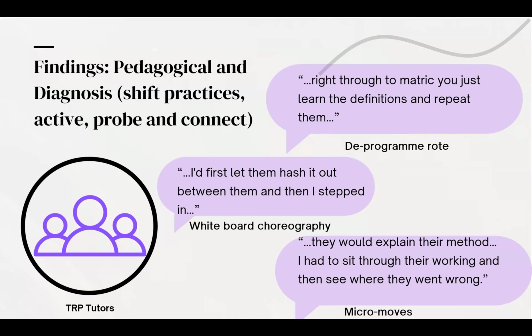What happens in the whiteboard choreography, I think I missed that when I should have said it earlier, is that the TRPs take the form of mostly group work on whiteboards and small group discussions. So this whiteboard choreography is where tutors stand back, watch what students do, and probe them so that the unpacking of the misconception comes through from them. They then have an awareness of where they're going wrong.